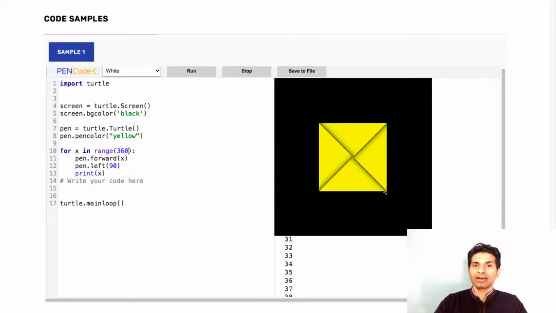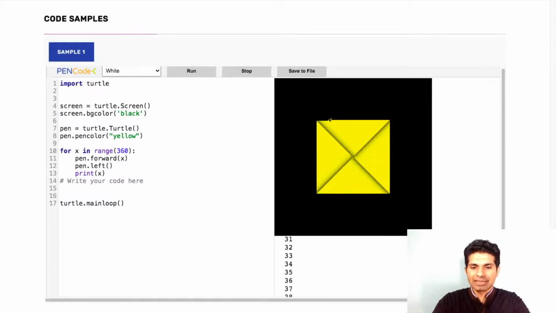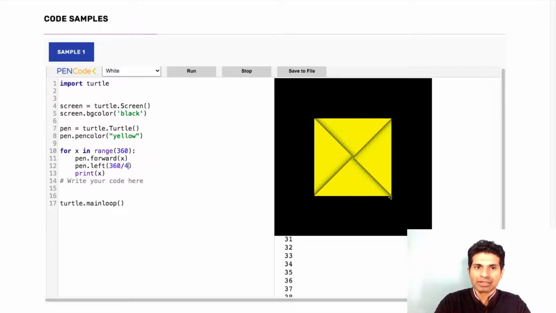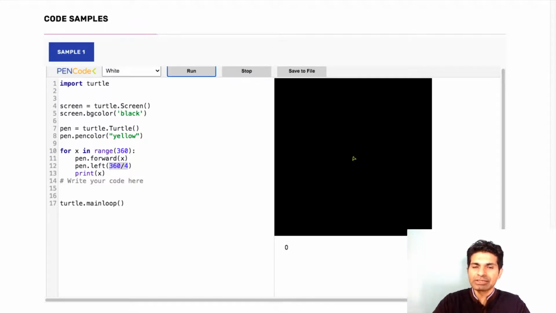Okay, so now I am hoping that you tried different combinations. Similarly, if you want, you can create different kinds of shapes. Just like how we used the 90-degree angle, I can say 360 divided by 4, because the sum of all angles is 360 degrees and there are 4 sides to a square. So I can use this within the left function, right? Now if I were to run this, it would still create a square because 360 divided by 4 is